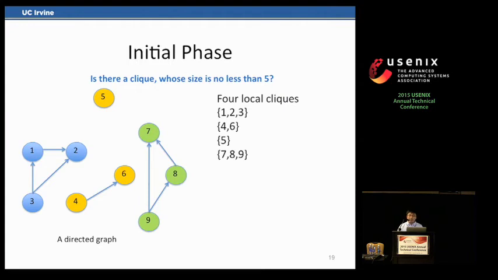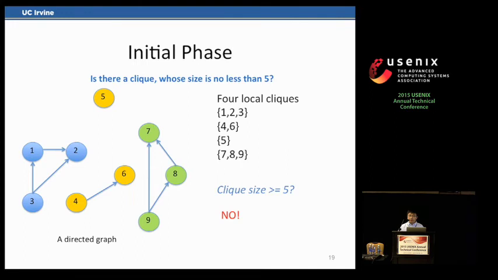After the initial phase, we have 4 local cliques available, and we want to ask, is there a clique whose size is no less than 5? The answer is no. And the size of the clique decides its priority. Based on the priority,